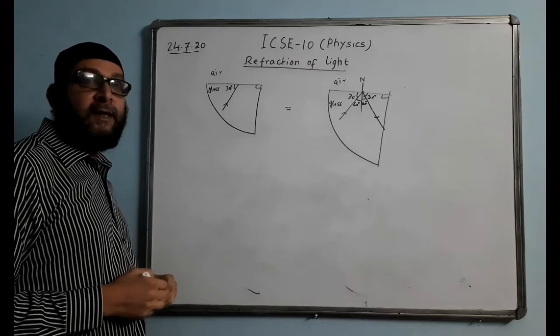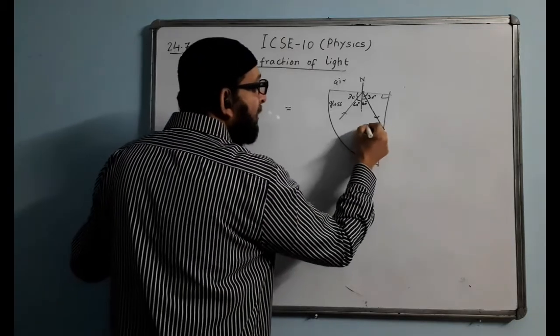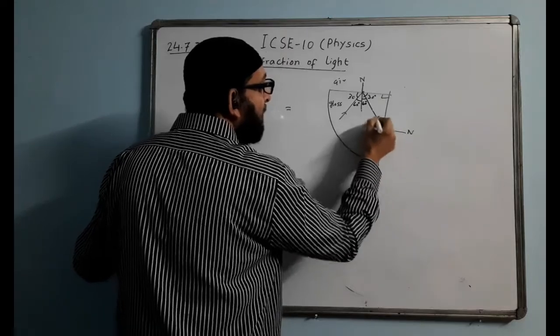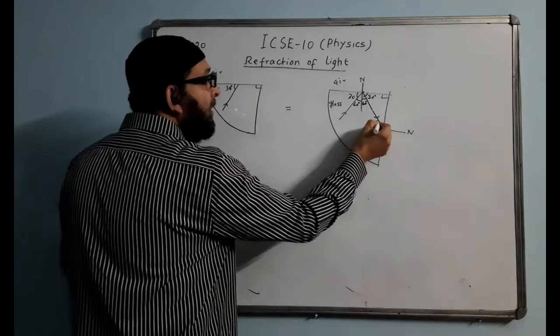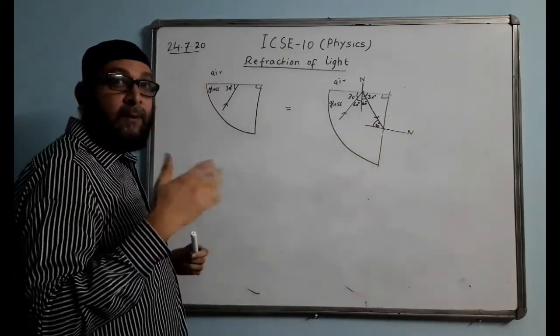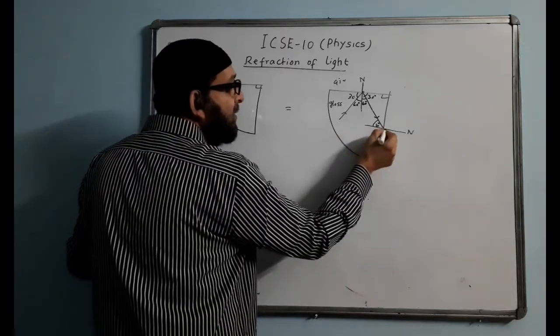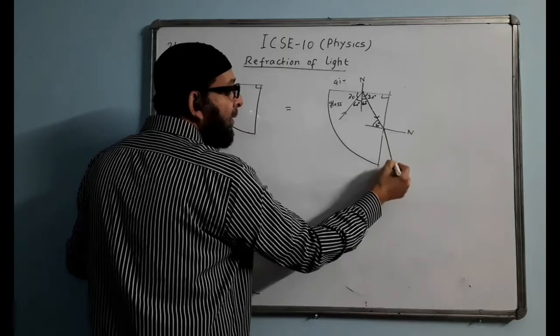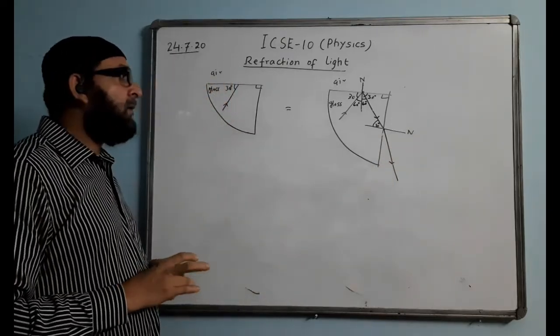When reflection takes place, either ordinary or total internal reflection. We draw another normal over here, normal here. This is 30, so this angle will become 30 degree. So is 30 degree less than critical, or equal, or more? That we have to compare with the critical value. Critical angle value is 42 degree. So we find this angle is less. So the ray will be refracting away from the normal like this. So this is how you complete the diagram.